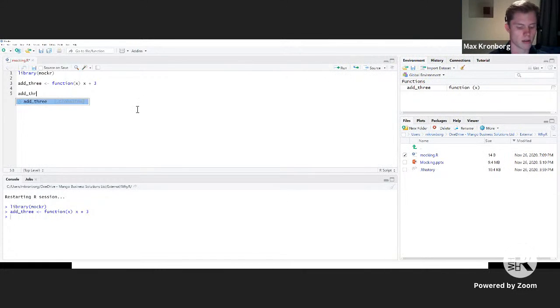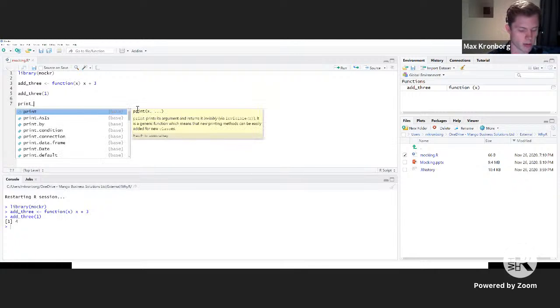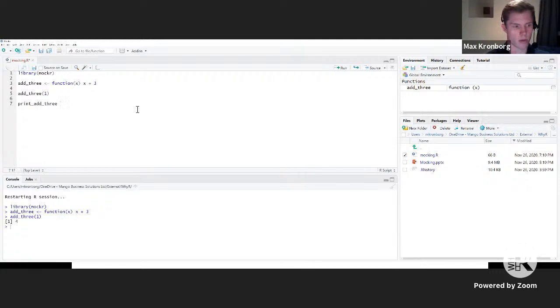Okay, so just quickly to test this. We see the output we'd expect, which is add3. So we've got this function defined, and if we then define another function which uses this, again with a very predictable name, that will just print the output of add3. And we just test that one as well.